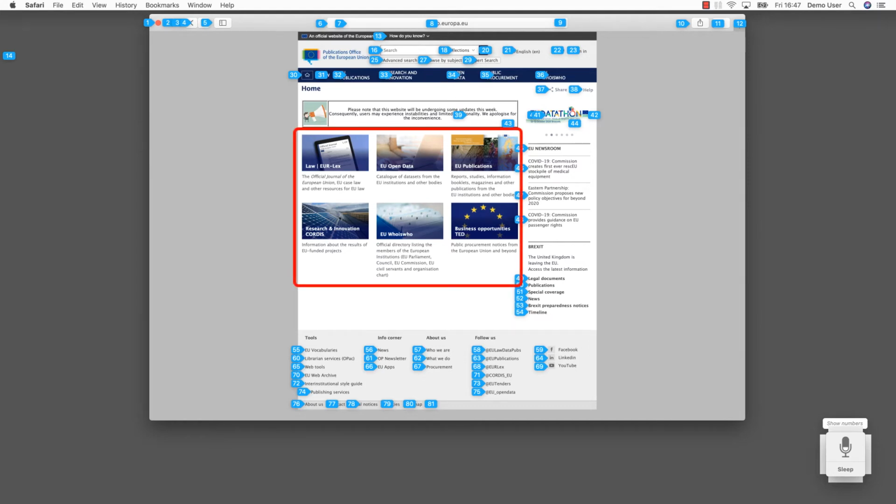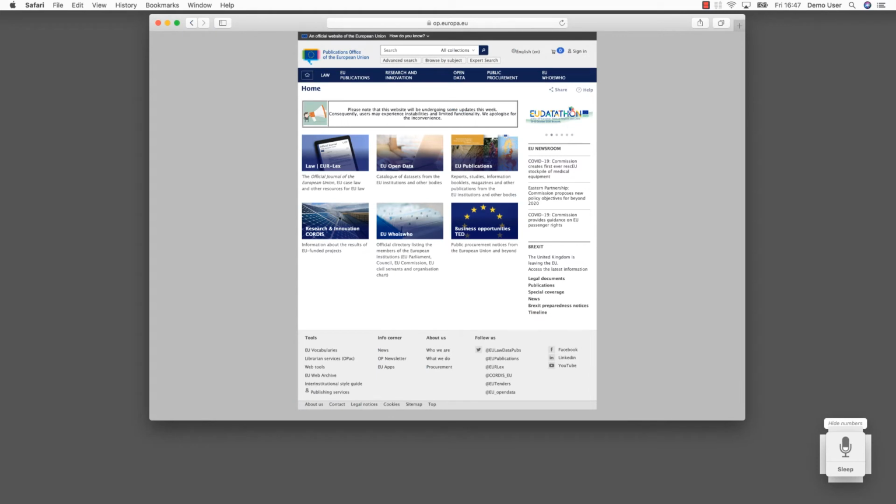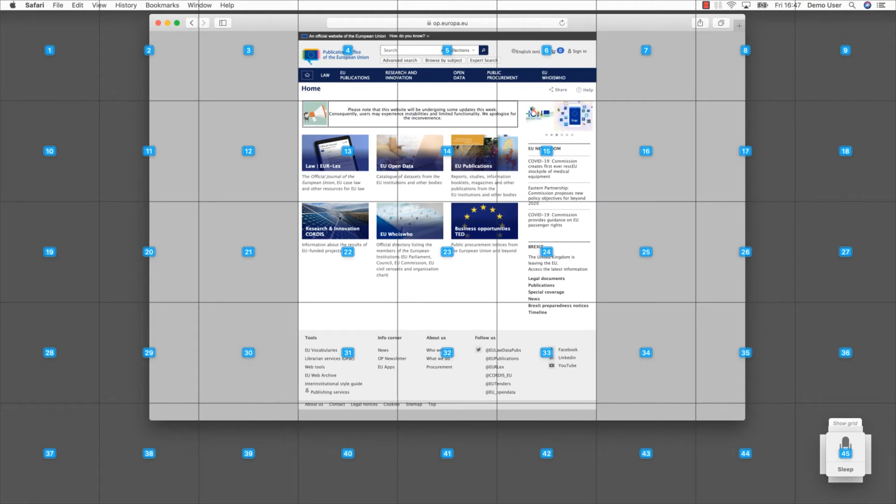You can use grid overlays to interact with parts of the screen that do not have a control or that voice control does not recognize as clickable. Hide numbers. Show grid. 14.